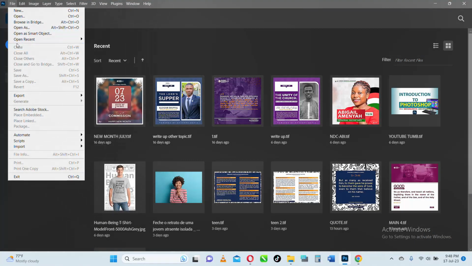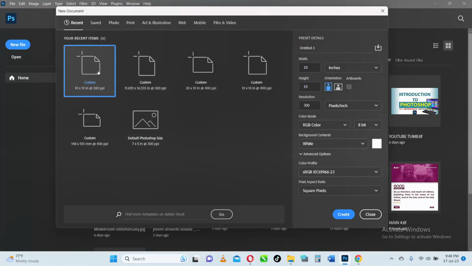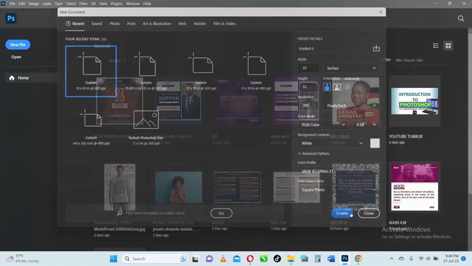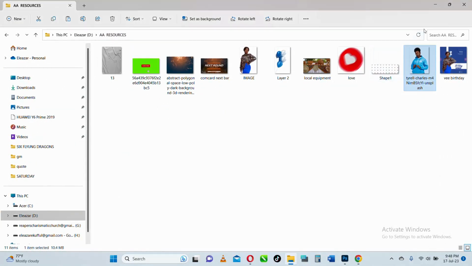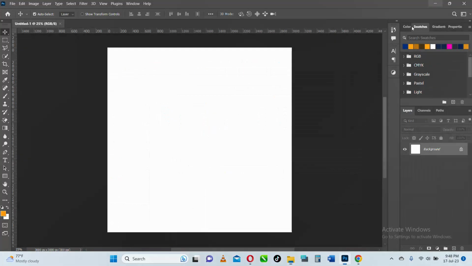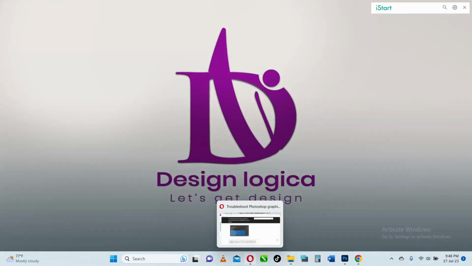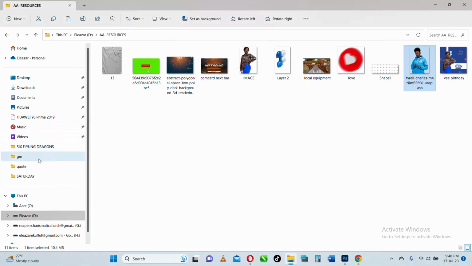You are choosing 10 by 10, 300 megabytes, and then we go. And now I need to work on my background. I have this image. I will share it with those who are in my class. This image,